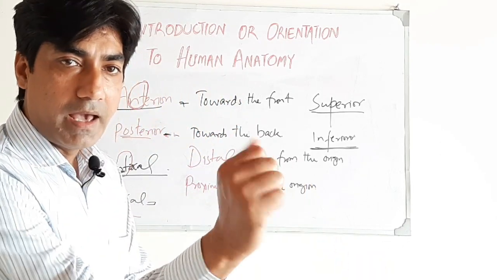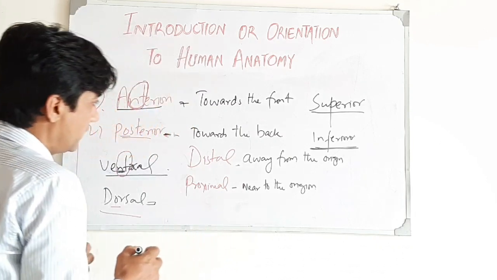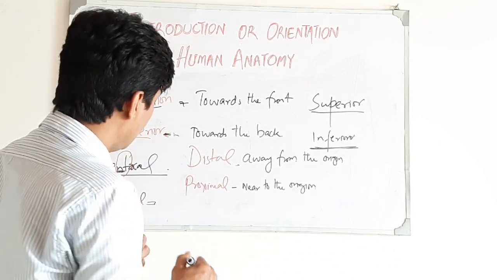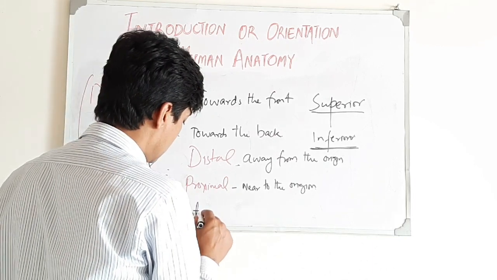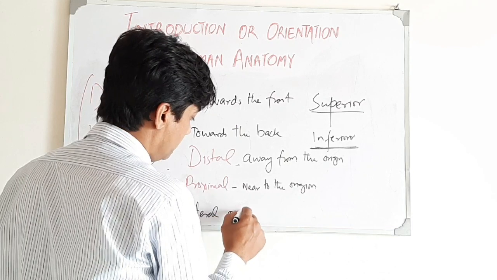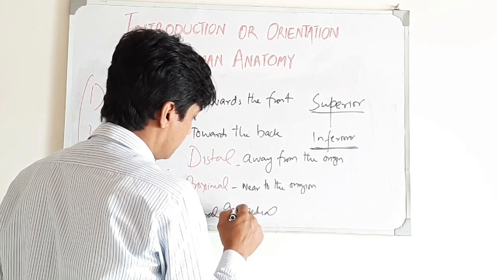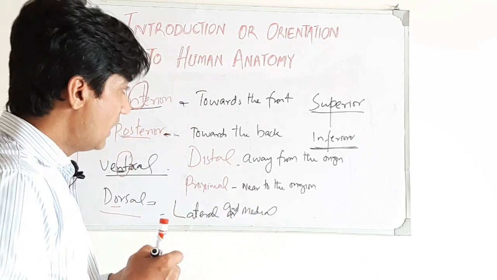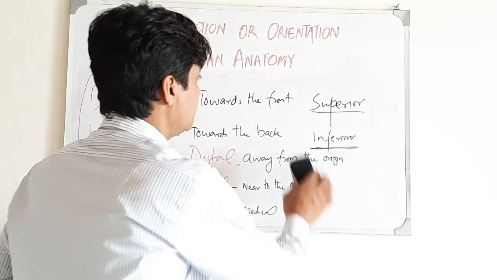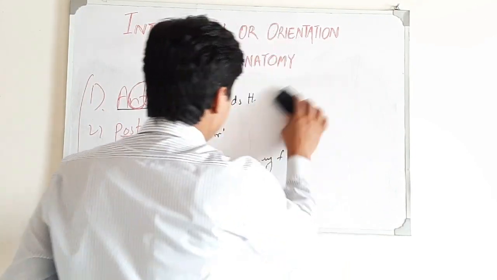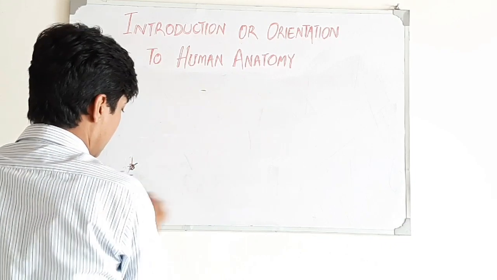Another term used for this purpose to describe the human anatomy, that is lateral and medial. Lateral and medial. For example, this is the midline position. The body can be divided into right and left half, and in the middle